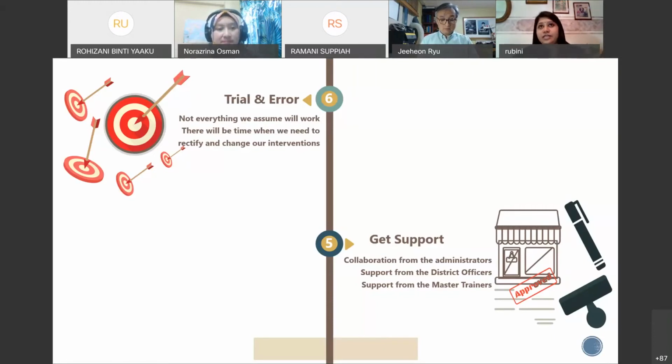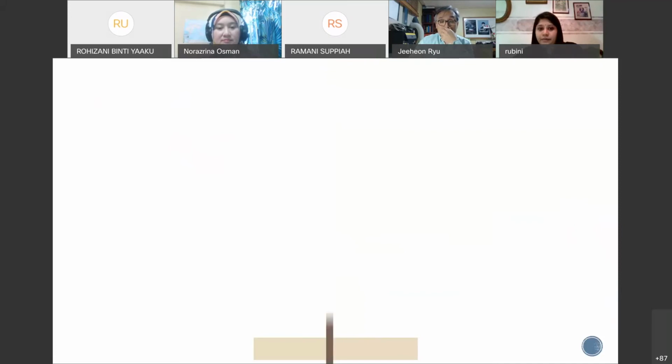And number 6, I always tell the teachers that everything is about trial and error. You cannot assume everything you start will work. The reason why it is Write Me Right 2.0, WMR 2.0, is because we had version 1.0 before this. So we cannot assume that everything will work, but we must always be prepared to rectify and change our interventions when it is needed. That is the reason why we need follow up, follow through. We stop when we think it's not working, and we find room for improvement, and we do better. If all of us can go through this phase of trial and error, then we can achieve the next level, which is